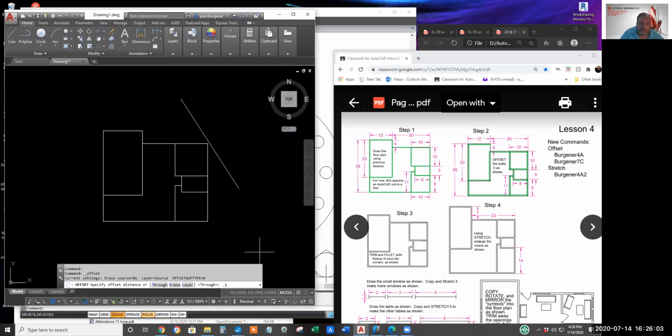Disregard the other options. Back when I was teaching descriptive geometry, the through option was handy, but I think descriptive geometry's kind of gone the way of the slide rules. Type 0.5 for half a foot offset distance and hit enter.